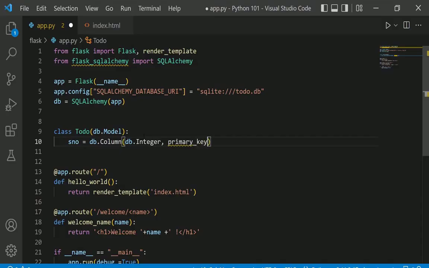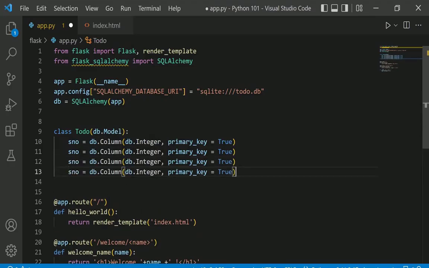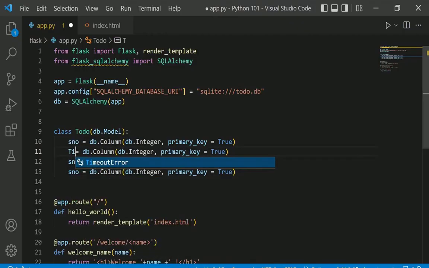Primary underscore key is equal to true. And after that, we are going to be just copying this particular thing from here. We are going to be adding it 4 times around, and we are just changing the name. So the second one will be title,